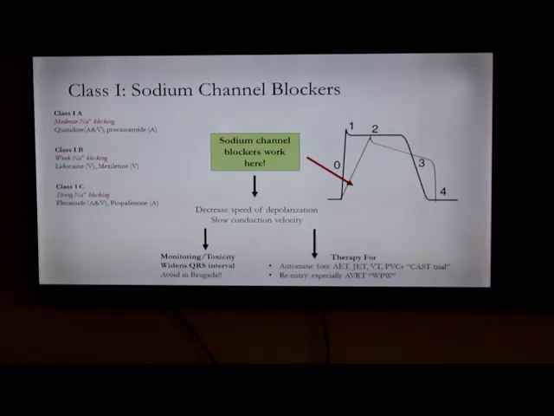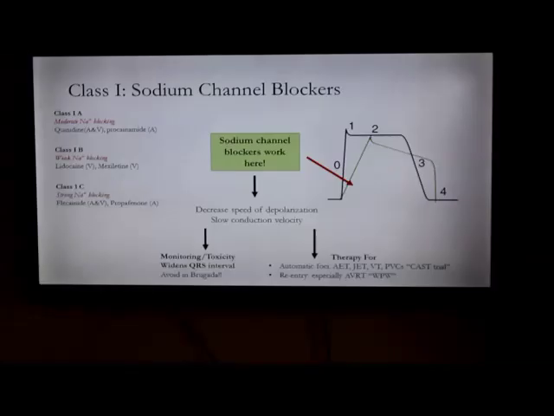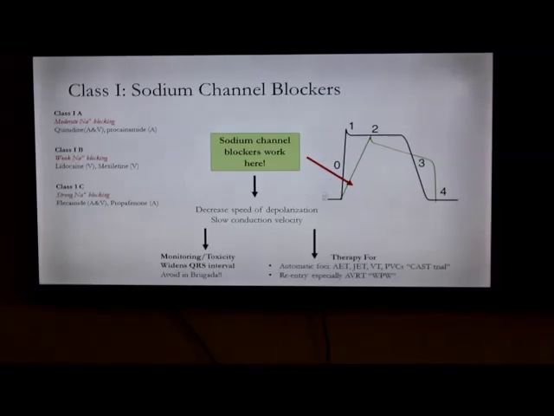If I'm blocking sodium channels, what do I see? Wide QRS, because the QRS is the part that represents the acute depolarization. So if I make the depolarization stage longer, the slope is more declined, and the QRS becomes widened. So in these patients, when we do an ECG to monitor for toxicity, we're looking for QRS widening. You do a baseline ECG, see what the QRS interval is, and then after you start,